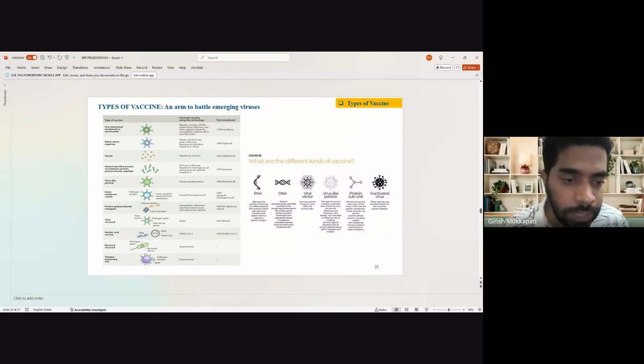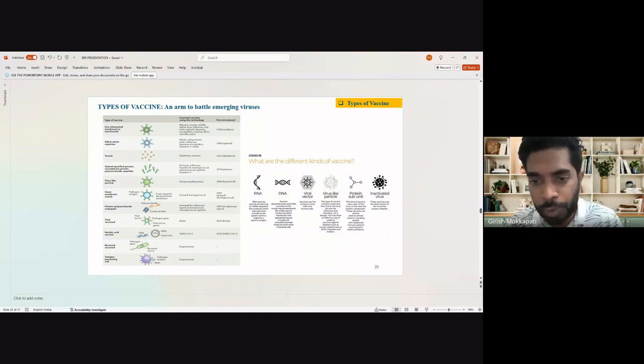Now coming down, there is the mRNA vaccine like the SARS coronavirus vaccine. This mRNA vaccine technology has revolutionized how we beat the time frame during the pandemic. So now most of the research is happening on mRNA vaccines, especially after